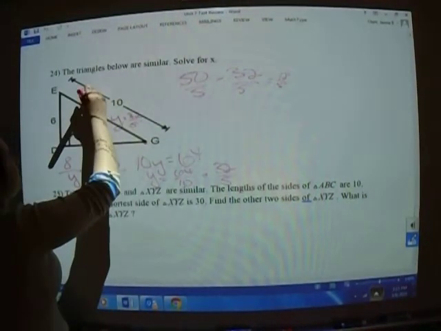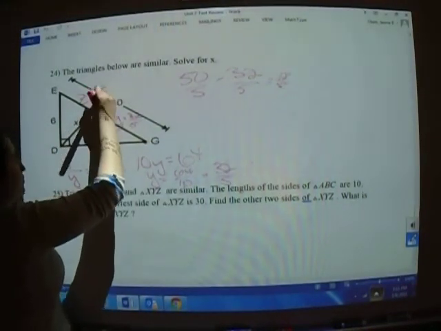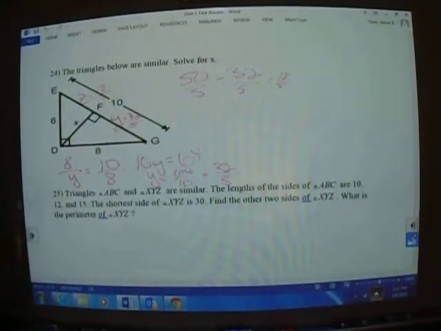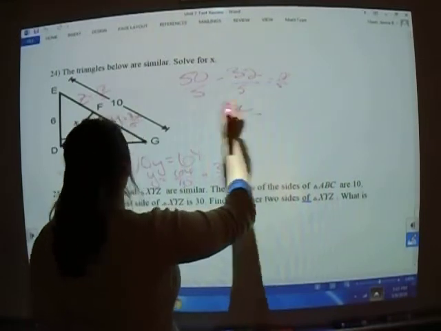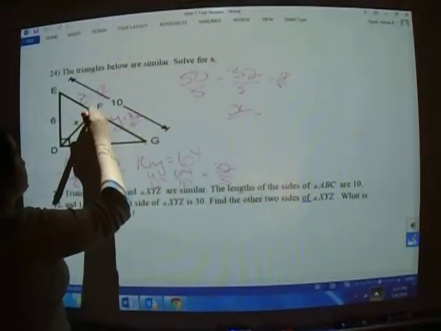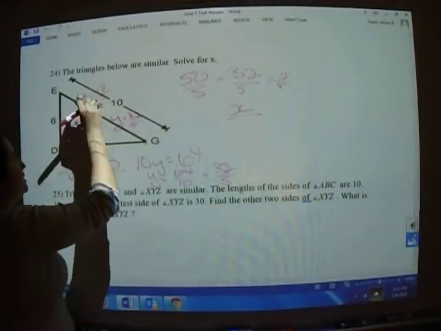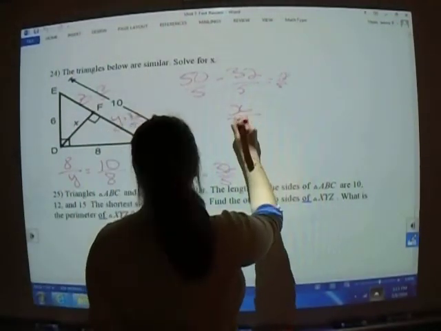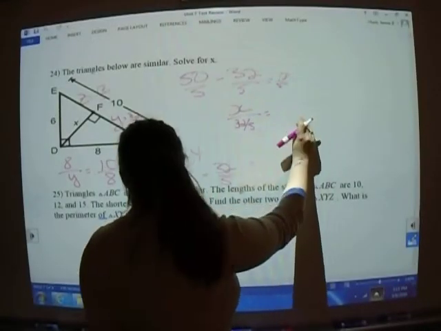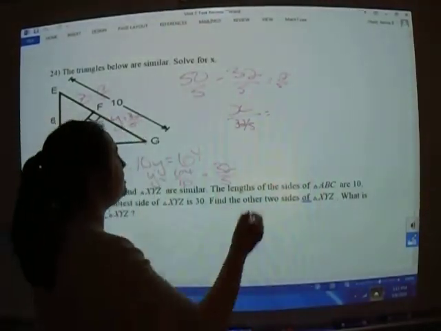So that's what z is, 18 over 5. All right, and now we can just solve for x. So x over, right, because it shares a vertex with z and y, which we know what they are. So x over 32 over 5 equals 18 over 5